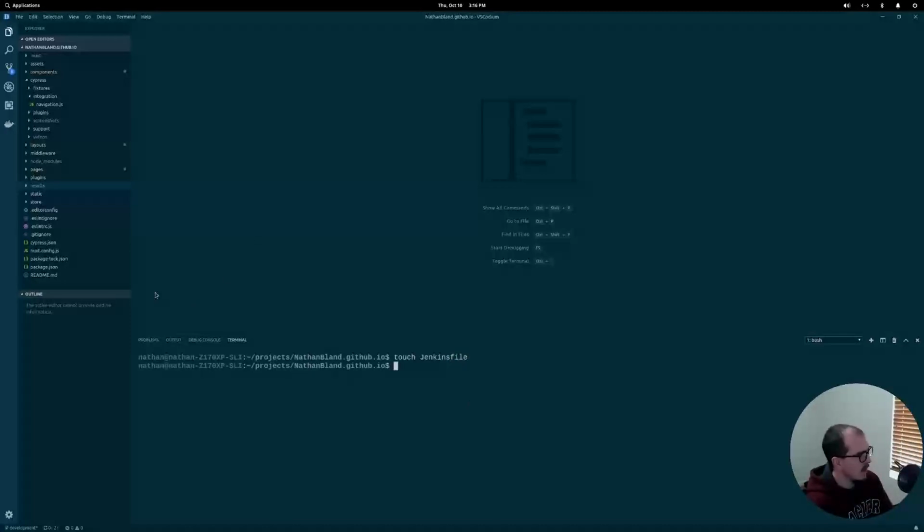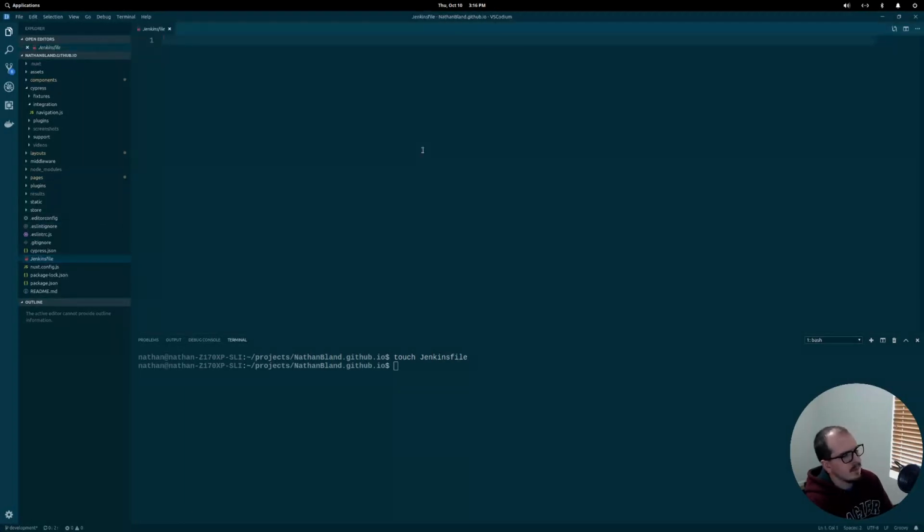So once we have our Jenkinsfile, give this a nice little refresh. Open it up. Okay. Now it's kind of a weird style syntax because it's not like Java, it's not like JavaScript. It's similar in a lot of ways, but it's also different enough. So let's get started. The first thing we need is a pipeline keyword,